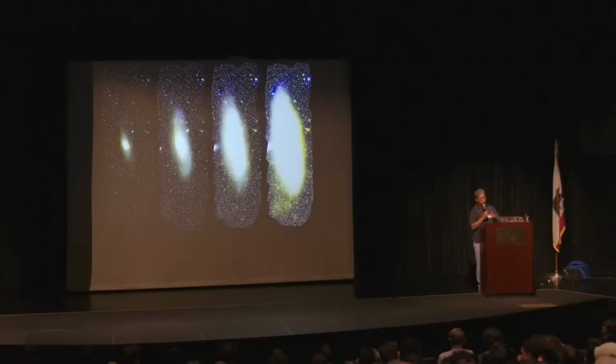This is one of my favorite galaxies. This is the Andromeda galaxy. And what you're seeing here are 4 versions of a digital mosaic. On the left is that mosaic shown at low contrast, where you can see the center of the galaxy, and you can see, in fact, a companion galaxy right there.